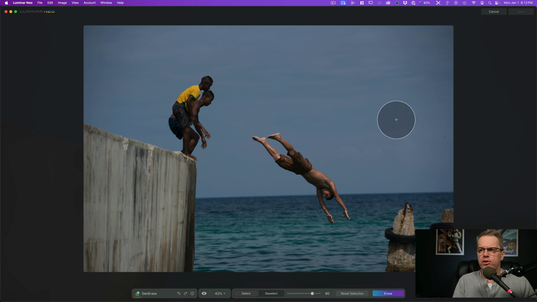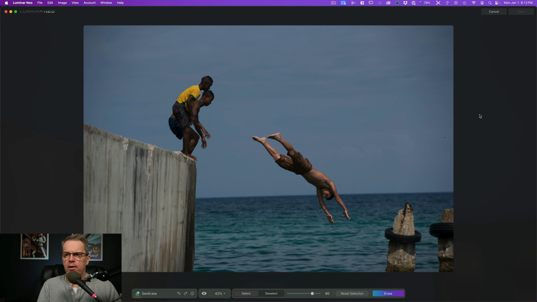Now here's the problem. This is a large image. This is a raw photo of a 36 megapixel camera. It could be that the area that I've selected covers more pixels than what this can handle. And that's where you have to try and do a little bit at a time. But it's kind of hard to do a little bit at a time when they're contiguous like this. You might be able to come over here and maybe do one of these and then do another one of these. So for example, if I try to just select this area